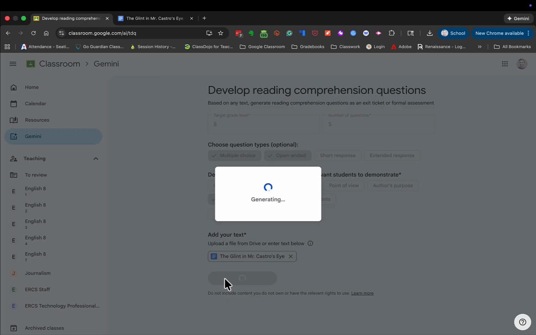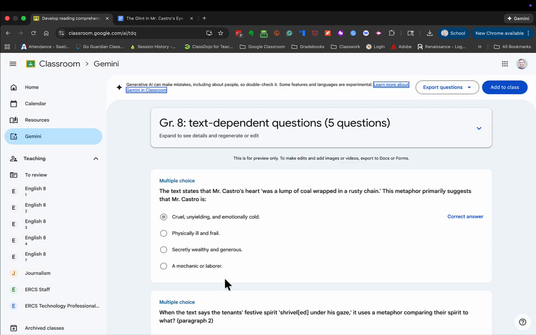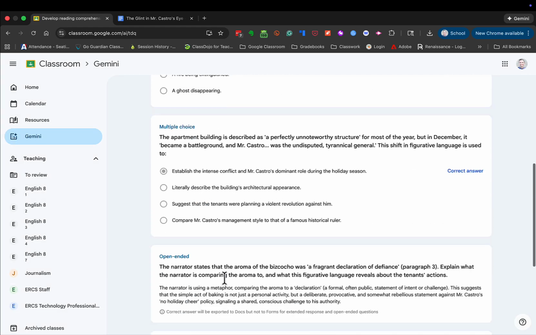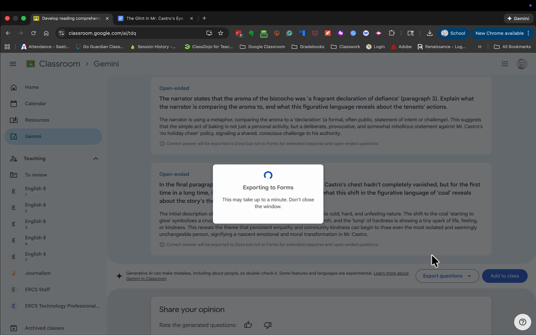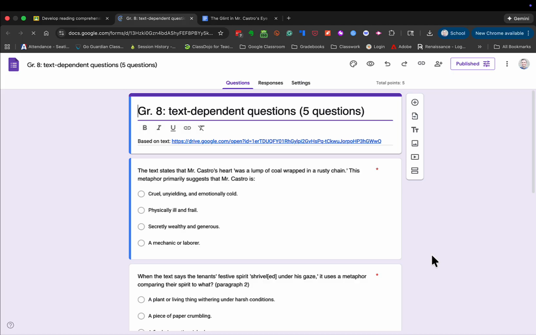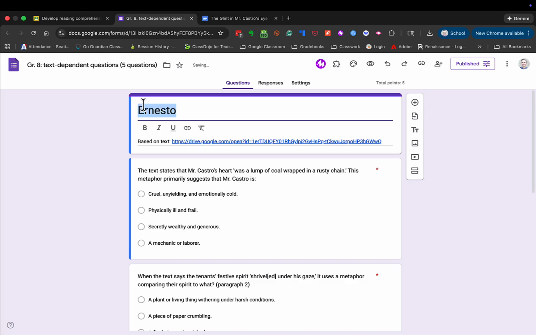It will generate questions. And those are my questions. Now I can go ahead and take these and just put them into another Google Doc if I want to, or I can export it to a form. And then it automatically opens up the form for me. I can go ahead and rename that. Not Ernesto, but the glint in Mr. Castro's eyes to go along with